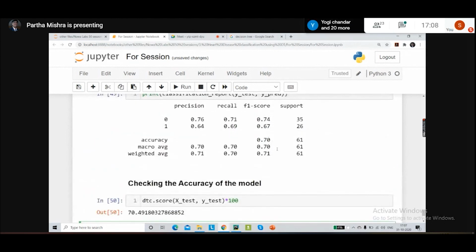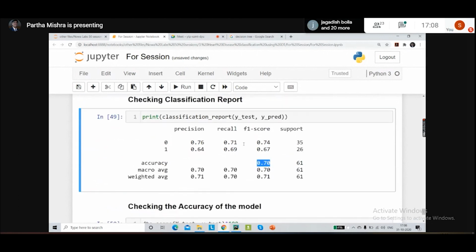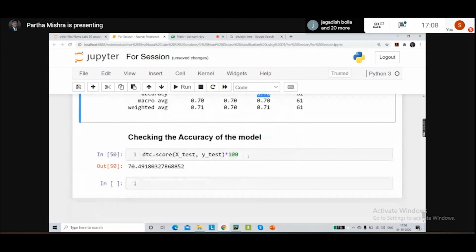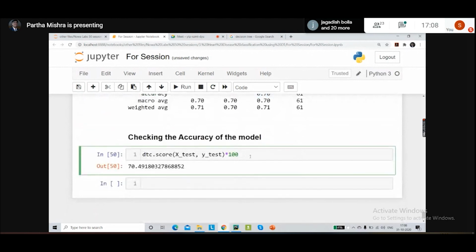If this was minimized to no decimal places, then we get our 70%. That is what has happened in our classification report. So this is another way of looking at the accuracy of this model.